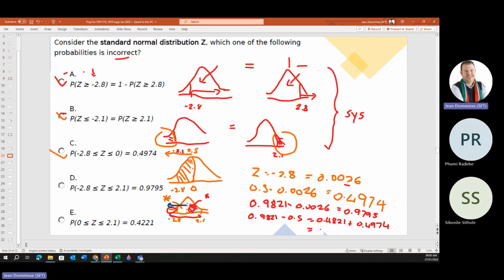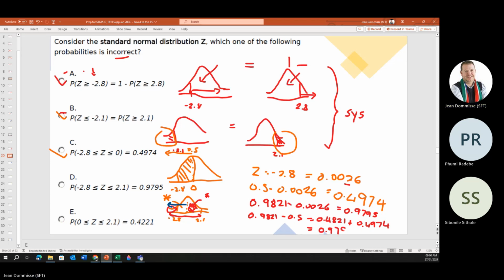Which also then gives you 0.9795. So yes, you can definitely use both. It's up to you which one is easiest. There might even be an online calculator as well that does that for you. And then the last one is basically asking, what is that area between